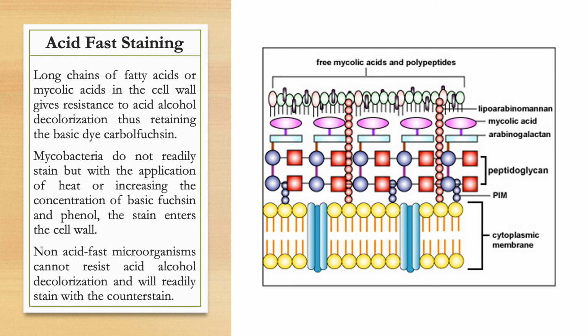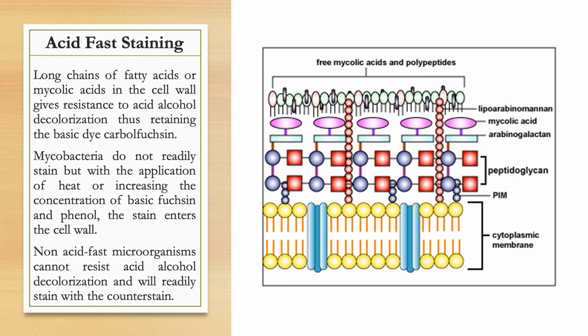So a good example again of acid-fast bacteria are your mycobacteria, the causative agents of tuberculosis and leprosy, right? So leprosy is caused by Mycobacterium leprae, and tuberculosis is caused by